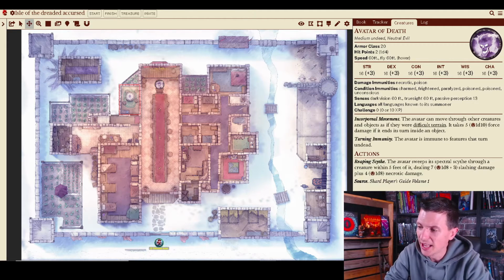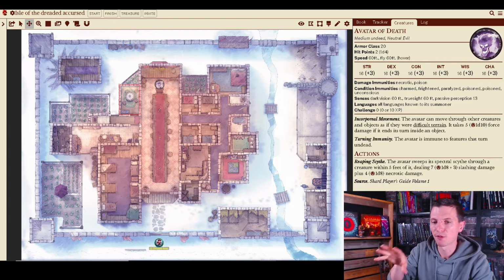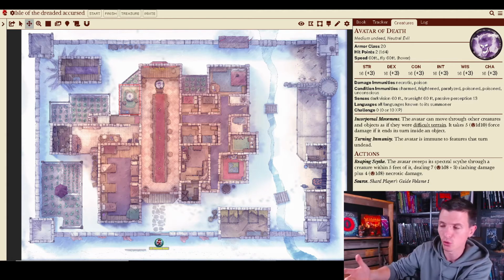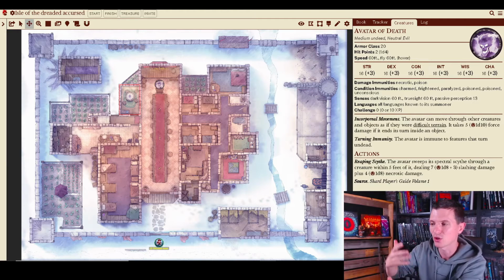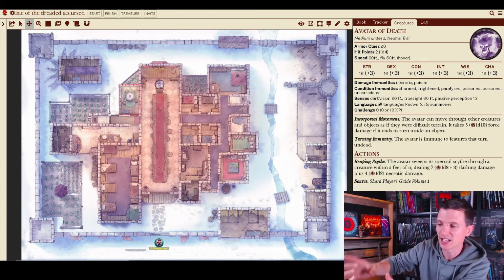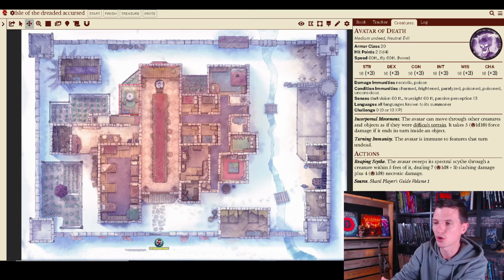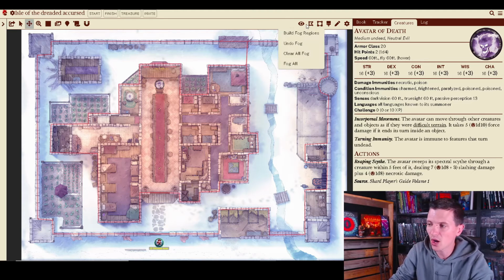I've opened this guild hall map, which I've used in another video, which is a guild hall you can buy for I think $5 on the Shard marketplace, and it has a bunch of different versions. This is a snowy version, there is a normal version, there is a burning version, there's night versions, day versions, spring, everything is in here, but right now it is the snow version. And as you can see, it is now completely